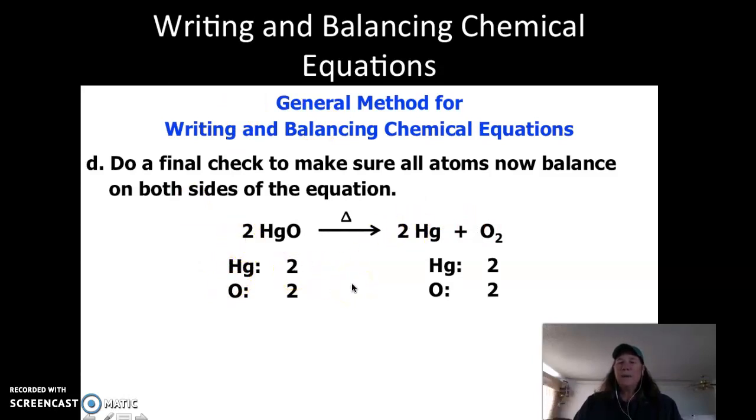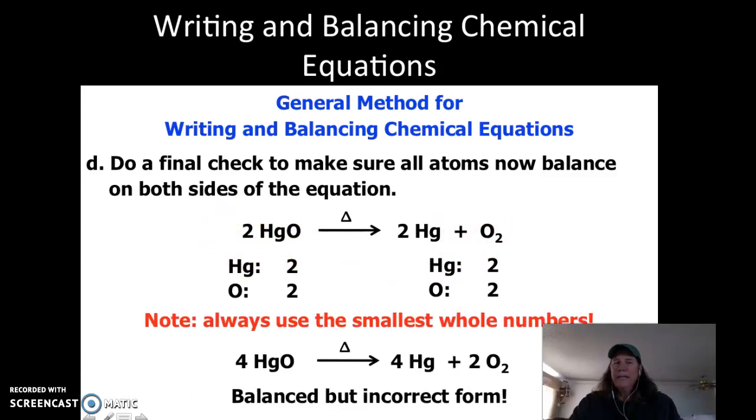The last step in balancing an equation is to double check. And most people don't do this. But if I look, I have 2 mercury, I have 2 mercury. I have 2 oxygen. Anytime you put something in the front, you multiply that. I have 2 oxygen, I have 2 oxygen. My equation's balanced. Okay? And if you end up with 4 and 4 and 2, you guys reduce these to the smallest numbers. Okay, you always want the smallest whole numbers when you do a balanced equation. So what this is saying is I have 2 moles of mercury oxide yields 2 moles of mercury and